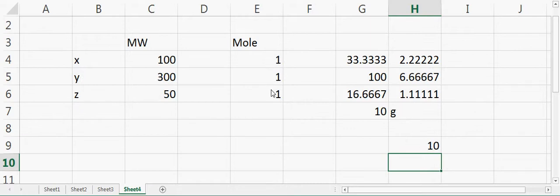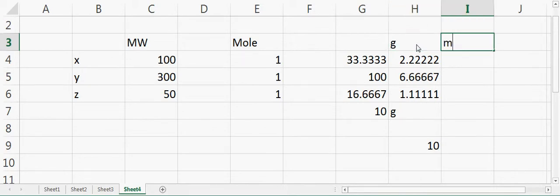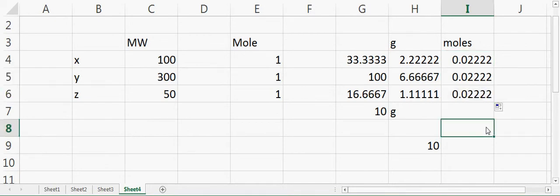Now we should check whether we did the calculation correctly or not. As we know this is in grams, so we can calculate the moles. To calculate the moles, we divide the grams by the molecular weight. So this is our moles. If we do this together, we can see this is the mole. You can see the number of moles of all the three components is exactly the same, because we were taking the molar ratio of 1:1:1.